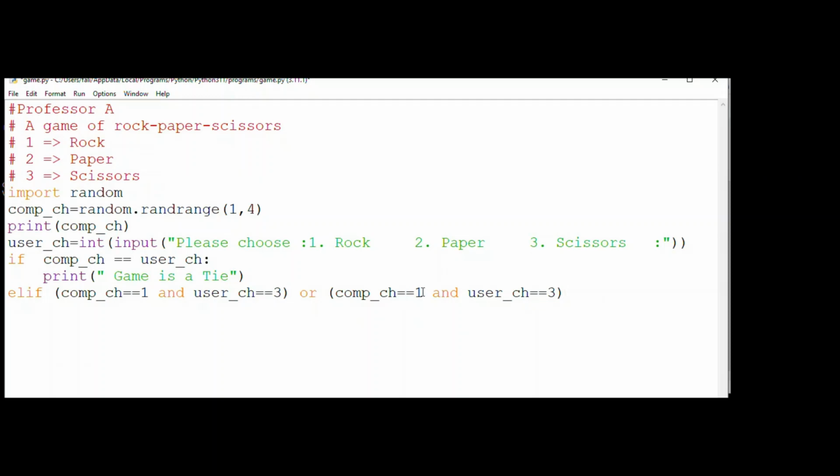If the computer has chosen 2, that means the user must have chosen the rock because paper covers rock. This is one other condition that can make the user win, right? Or